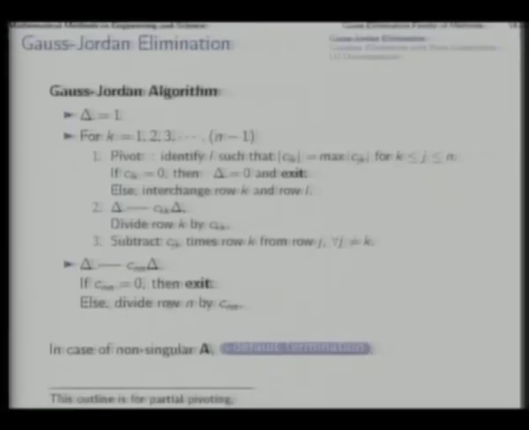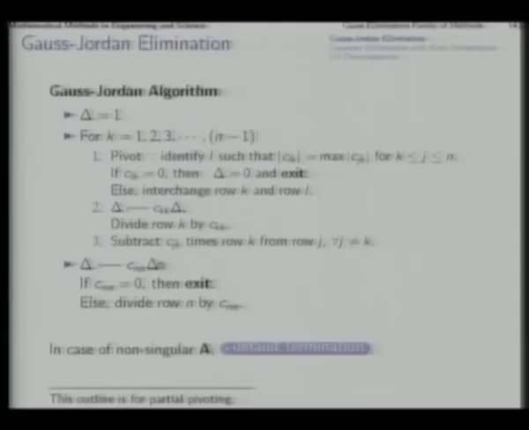Yes, divide the row n by Cnn. Before every such division of a row by the current pivot entry, the current diagonal entry, you need to update the determinant, and that is why before division there is a determinant update here and there is a determinant update here. At the end of the algorithm, you have got the determinant stored in delta, and the matrix has been reduced to